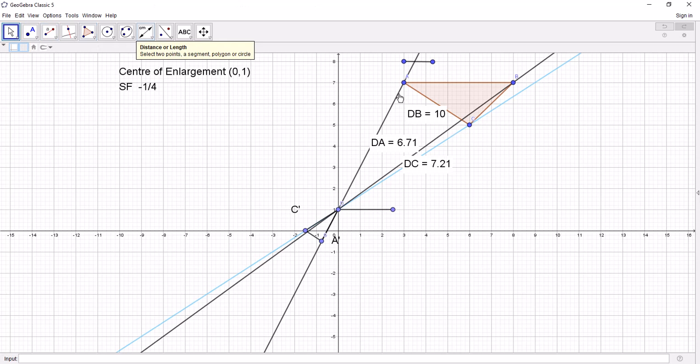So what we did is we measured this line between B and D, worked out that it was 10 centimetres. We divided that by 4 because our scale factor is a quarter, and then because it's negative we need to make sure that it's going the other way along the line, so it's going away from our shape past our centre of enlargement. So now I should have, if I just make this colour to make sure I've definitely done it right,